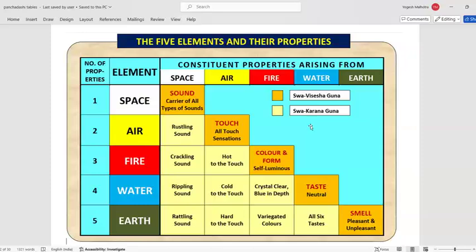And then next is of course water. Water again has four properties, Chatur Gunaha. The fourth one, its own Swa Vishesh Guna, is taste. We can say water does not have taste, but there is a certain taste. Of course, you can distinguish it from the taste of other objects, but it has its own taste, or it is the starting point of all taste. How do we understand that? In your mouth, unless water is there, जब तक मुंह में पानी नहीं आएगा, you will not be able to taste anything, right? So it is the originator of taste, right?